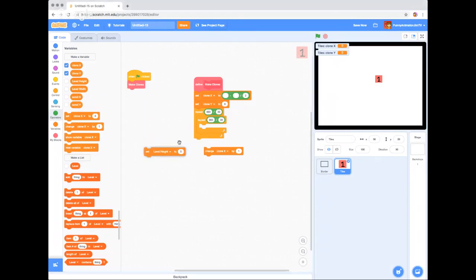Okay, so we're making the clones right now. So we're going to set clone X to, let's see, so it would start at 0 minus, so it's going to be negative 240. And then it's going to be negative